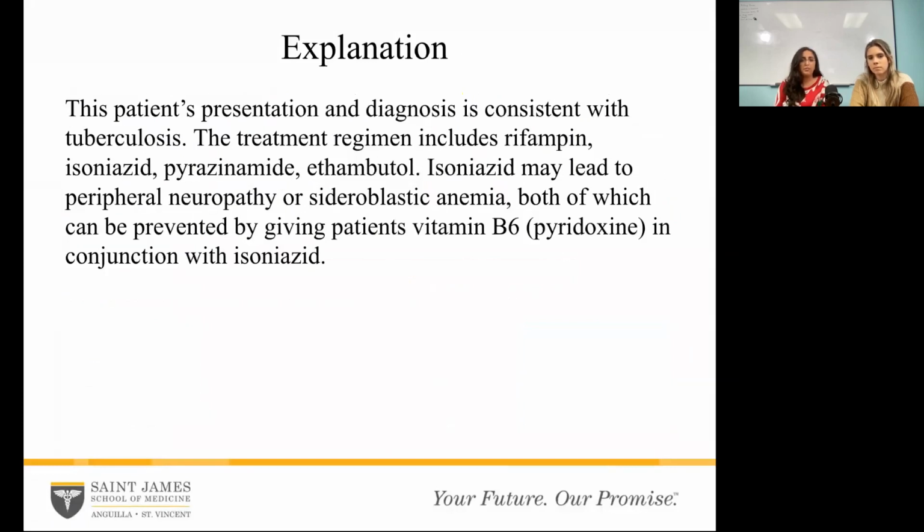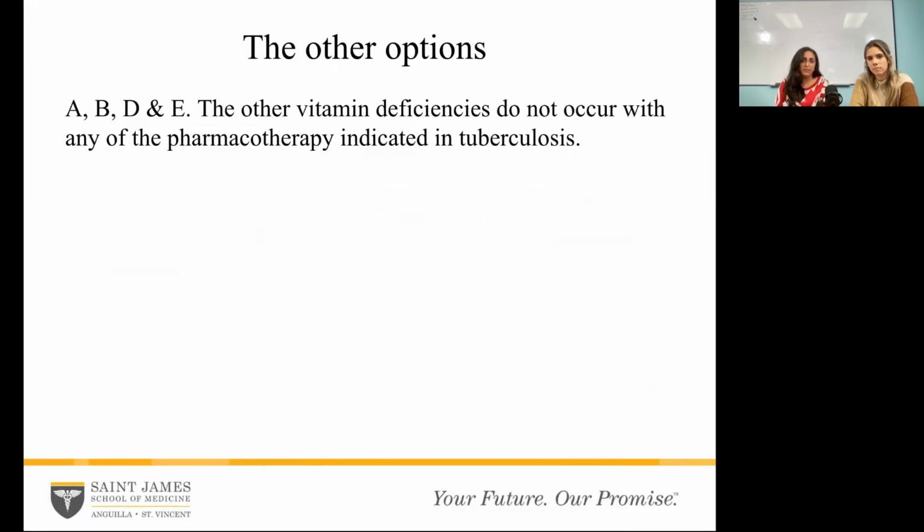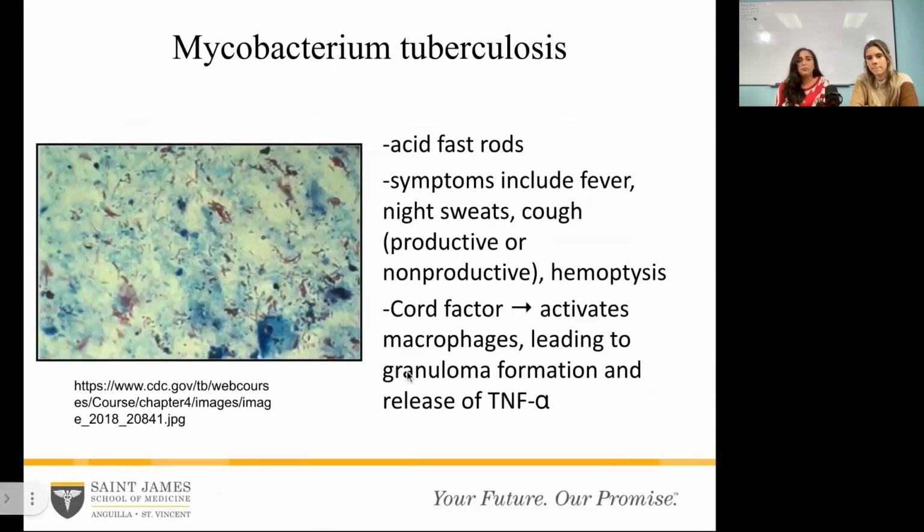So the other vitamin deficiencies do not really occur with any of the pharmacotherapy that's indicated with tuberculosis. So a little bit about Mycobacterium tuberculosis. They are acid-fast rods. Symptoms will include fever, night sweats, cough, which can be productive or non-productive, and hemoptysis, or coughing up of blood. The cord factor released by Mycobacterium tuberculosis actually activates macrophages, which leads to granuloma formation and